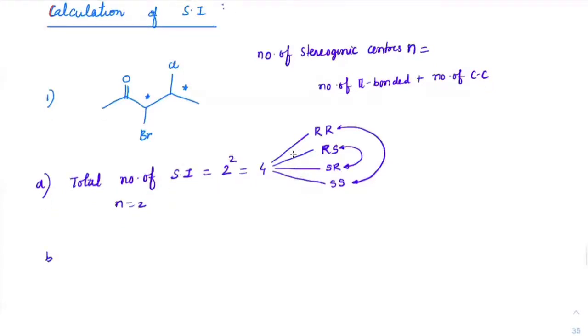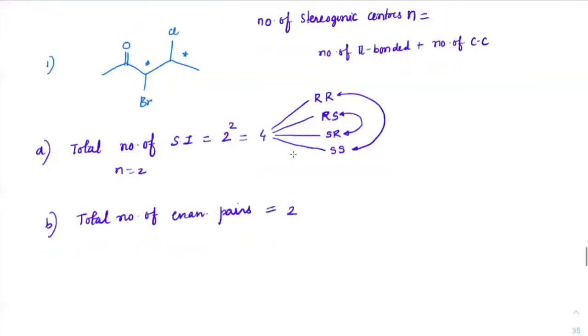Our next question: total number of enantiomer pairs. How many? 2 pairs. Very good. Next question, based on that: total number of pairs, including all enantiomers, diastereomers, all types of pairs. How many pairs can you get? Just now you did the binomial theorem, you should be able to tell me. 4C2, right? 6. There are 2 combinations I have to make, and there are 4 different ways I can do it. So 6 pairs.